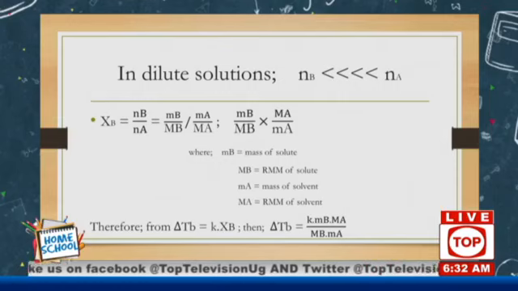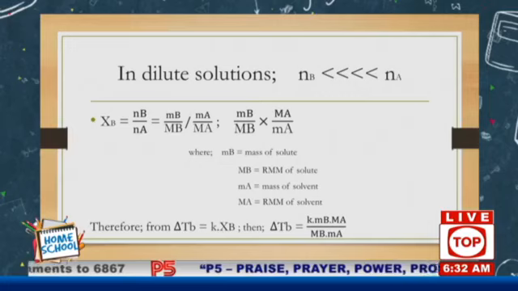So you come up with an expression like that: the change in the boiling point elevation is equal to the constant times the mass of the solute times the relative molecular mass of the solvent